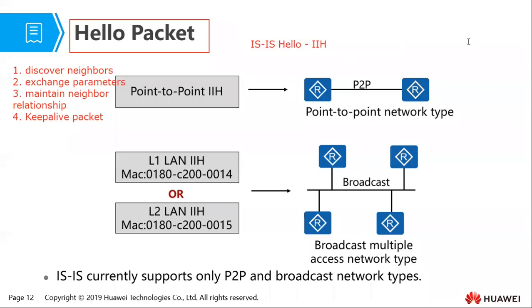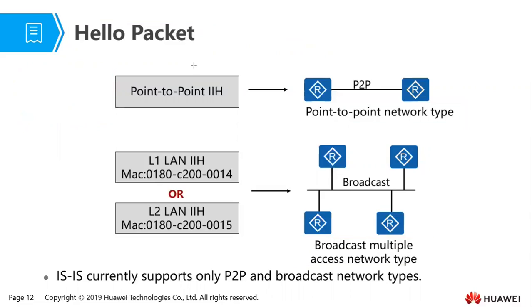Now, OSPF supports 4 different network types, but IS-IS only supports 2 network types, the point-to-point network type and the broadcast network type. So IS-IS does not support NBMA or point-to-multipoint, only 2 network types. Now, with that in mind,